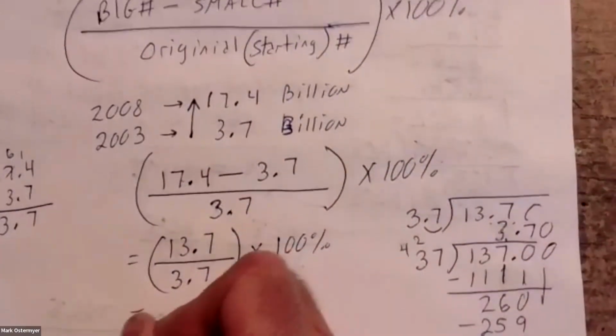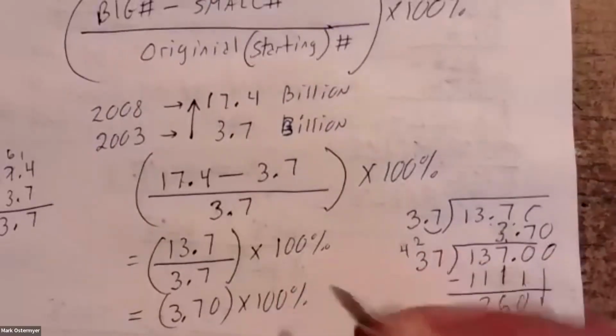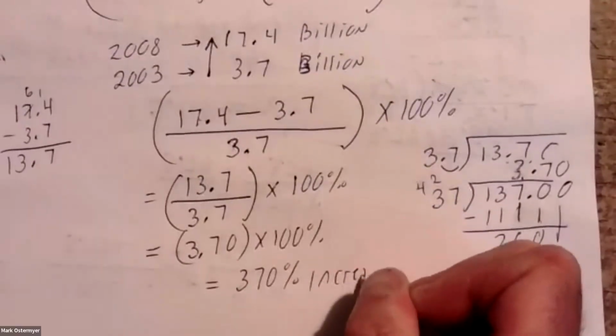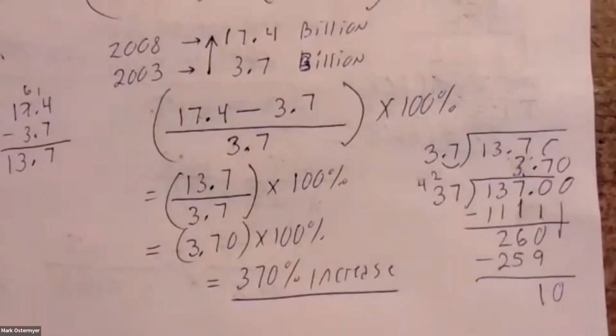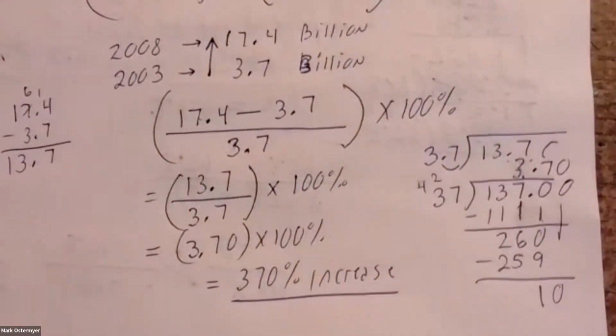So if you multiply 3.70 times 100, you get what? 370% increase, okay? That's your answer. That's how much of an increase it was in the sales. All right. Now number